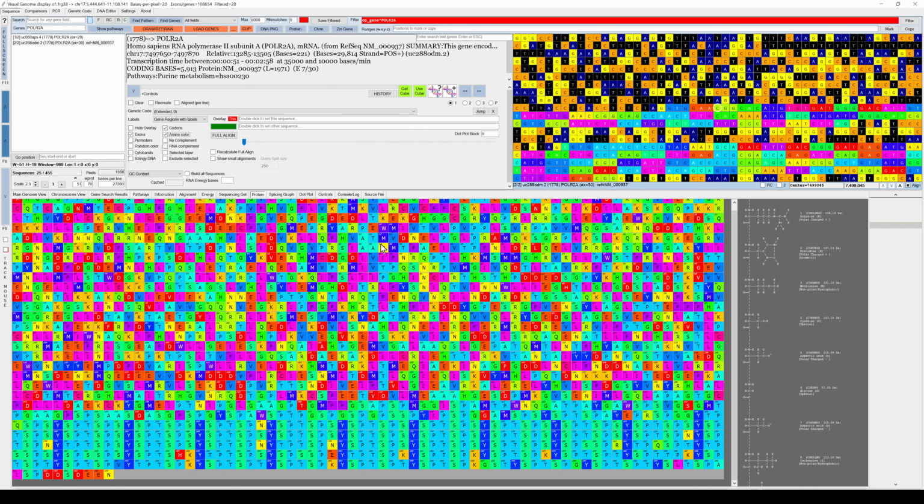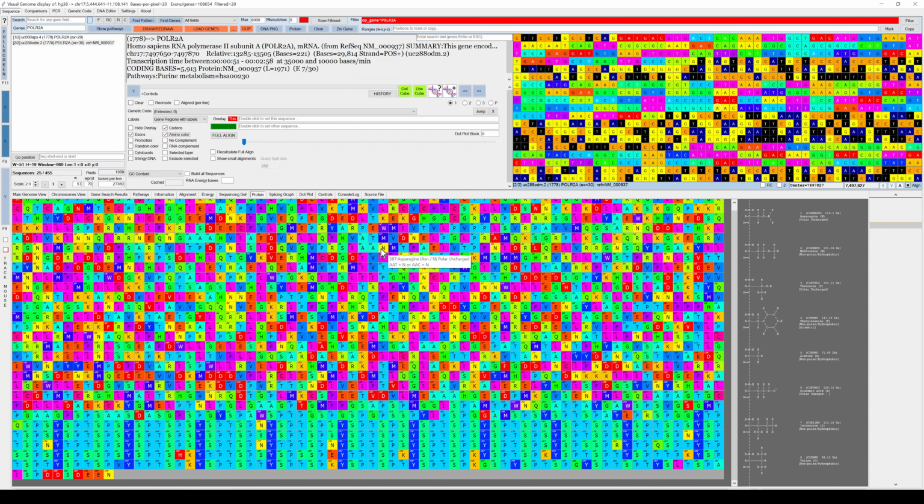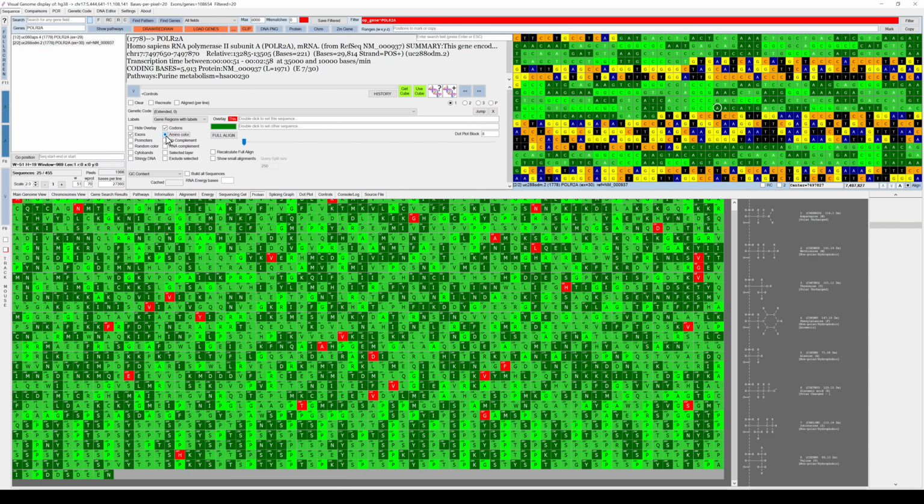If you hover over the amino acids, it shows you which codon was used and what its polarity is. And then if you click on it, there's amino color again.